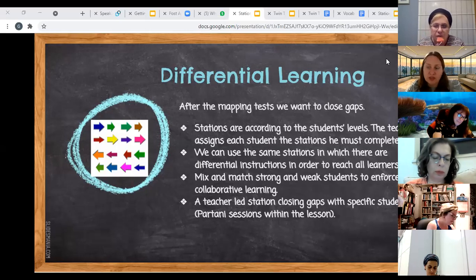Or it can be like what Zimrat's going to present, where she's taken the hardest station as a teacher-led station. She wants to guide her students to do a bridging task in a literature lesson. And that's the teacher-led station, because she felt that that's where they needed the most guidance. So the beauty of it is that you can really play around and build the station so it matches the